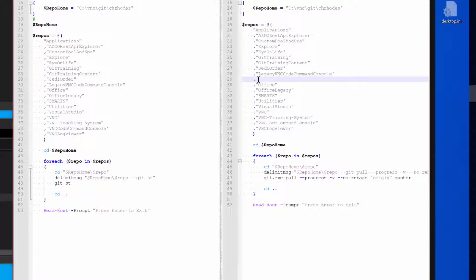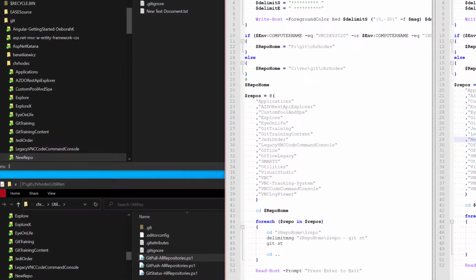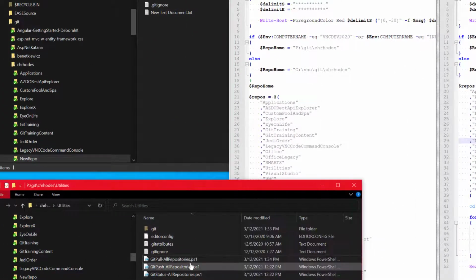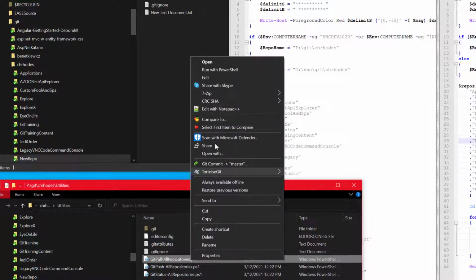So new repo, and I'm not going to put it in git status because I'm going to take this out once I show you this, but save the file. So now if we run git pull all repositories,